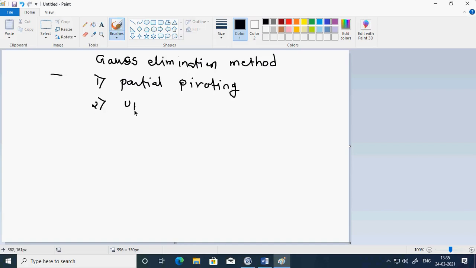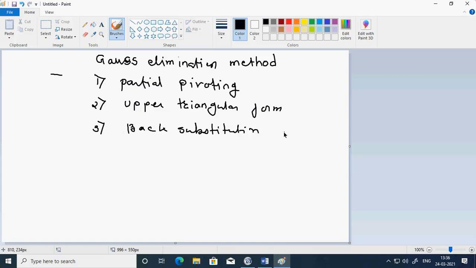Second step, we do upper triangular form. And then finally, I use back substitution to find the solution.